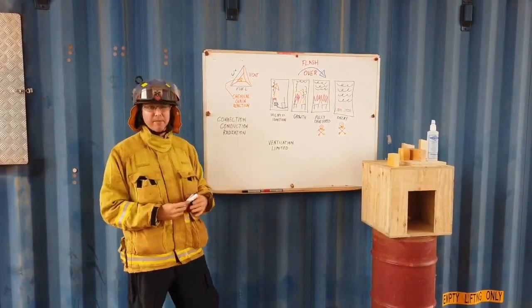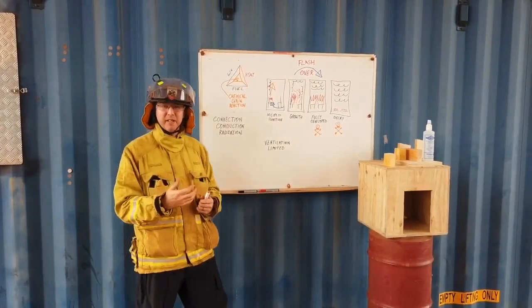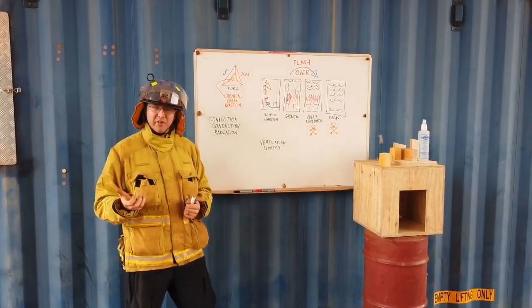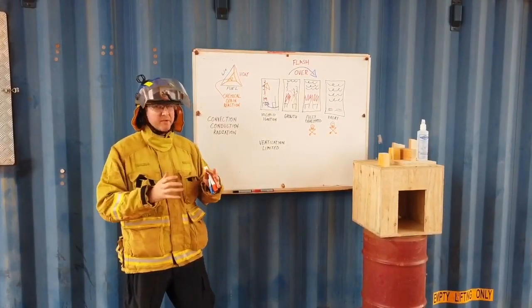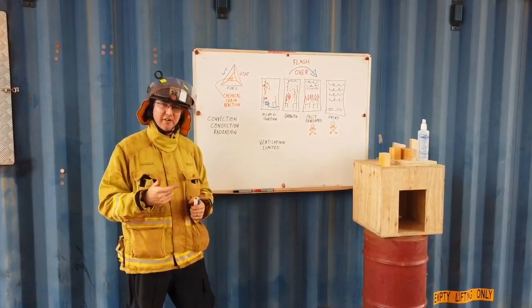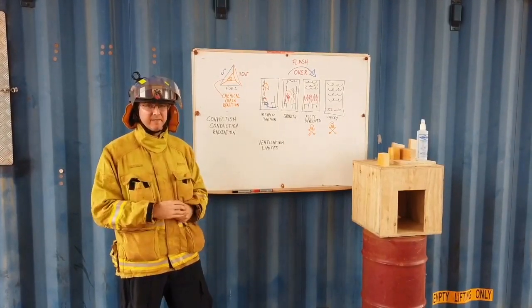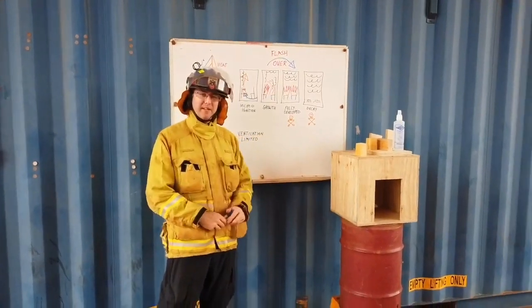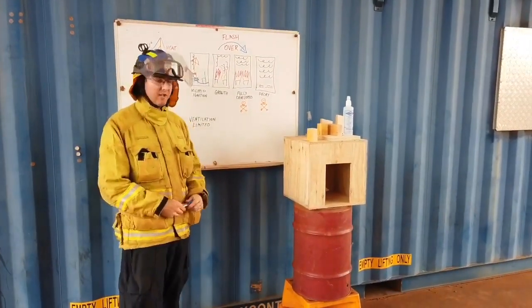The other time that can happen is if your building fails. So let's put that in context for mining with our little transportable dongers, that sort of thing. Pretty weak buildings, they can fail, letting oxygen in and then creating a backdraft. So now let's move over to our wooden box, and we'll put that into a practical context by lighting a